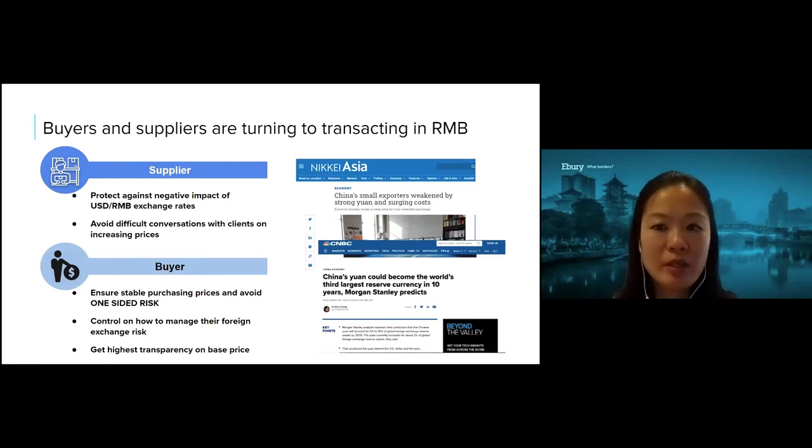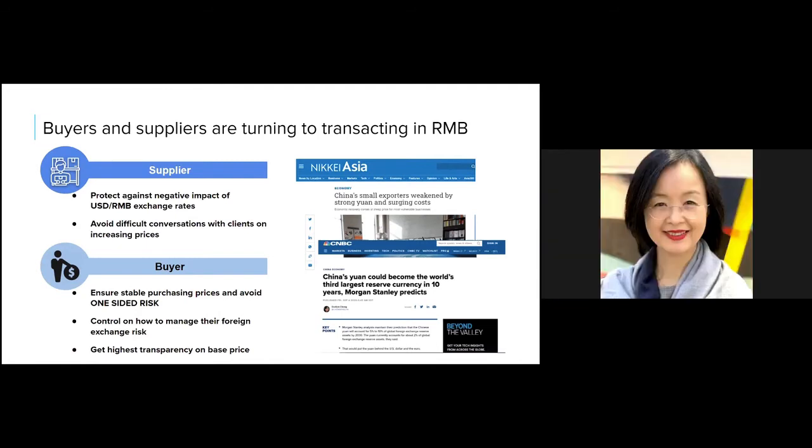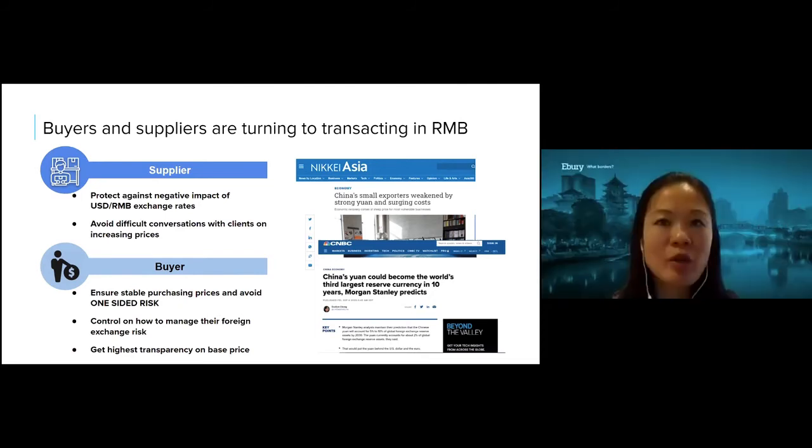So what that translates into is that if you're a UK importer that buys from China, if you're paying in USD, expect that most of the time your supplier is not going to hedge themselves against dollar RMB. So most probably you will be exposed to how the dollar RMB moves, especially when the RMB strengthens, which is what we've been experiencing in the last 12